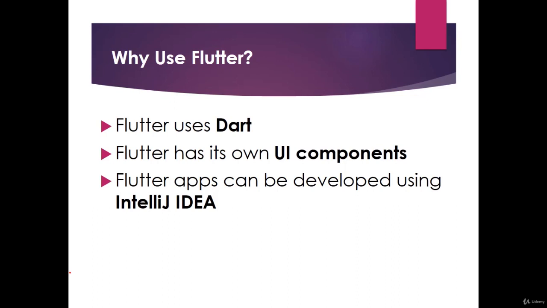The first one is Flutter uses Dart. This is very important because it is an object-oriented language with several useful features such as mixins, generics, isolates, and optional static types. If you don't know what this means, then you will understand what these things are exactly by showing specific examples, and then you will